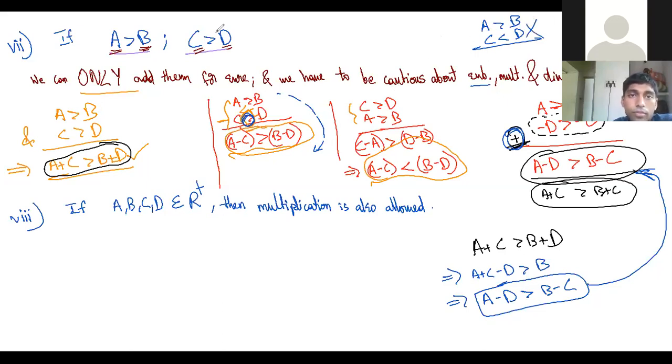Yes, Rijita? So I was asking that there you wrote A minus D is greater than B minus C, and after that you wrote that A plus C is greater than B plus D. How did it come? I can't understand that, sir. Can you please explain? Yeah. So what you do, you start from here and you go from here to here. I wrote this first. This is the first step. Okay. Now can you add C on both sides?